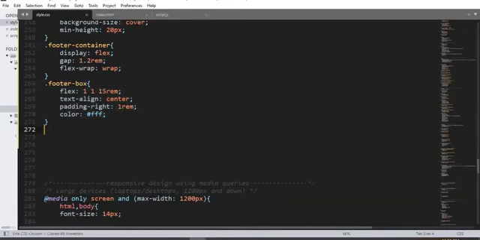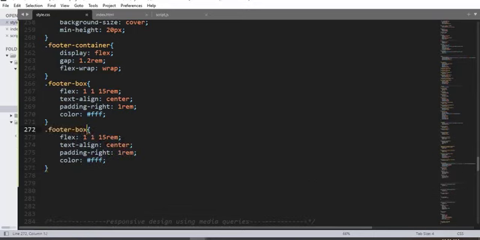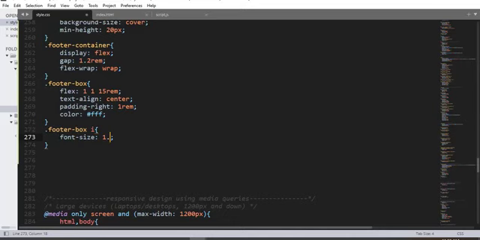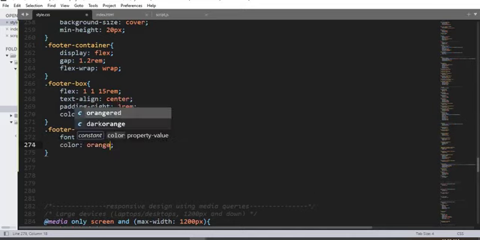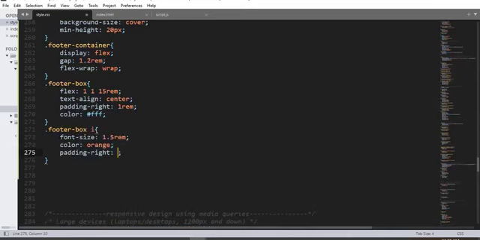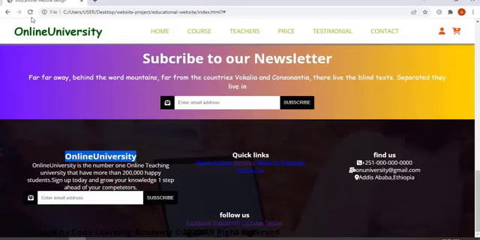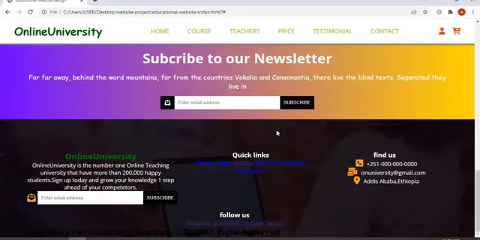So now copy this footer box here and paste right here. So add an element selector i, font size 1.5 rem, color orange, and padding right 10 pixel and padding left 10 pixel as well. So when I save and refresh,